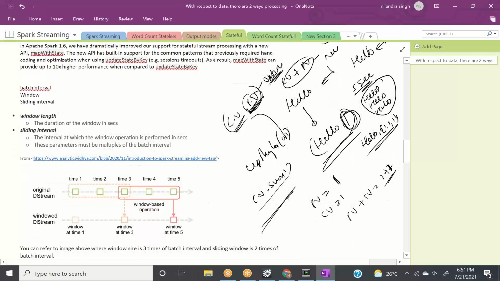So the current value will sum all these, and then the previous value is 1. So it will be like current value dot sum plus previous value dot get. Current value dot sum is going to be 3. Previous value dot get will be 1. 3 plus 1 is equal to 4.